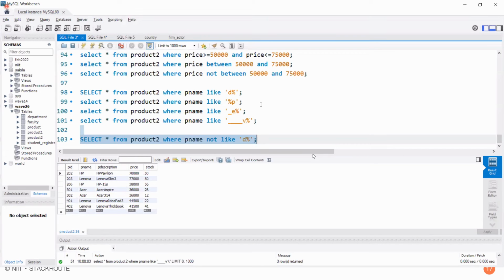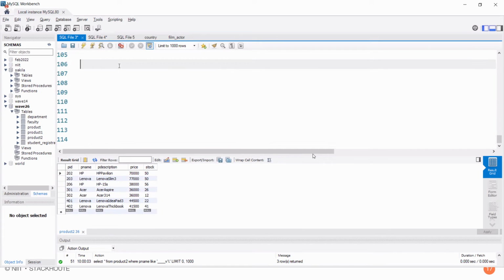So let's assume I want to retrieve only Dell product and HP and Acer. Guys, listen. So if I want to view Dell, HP and Acer laptops, we will use where product name